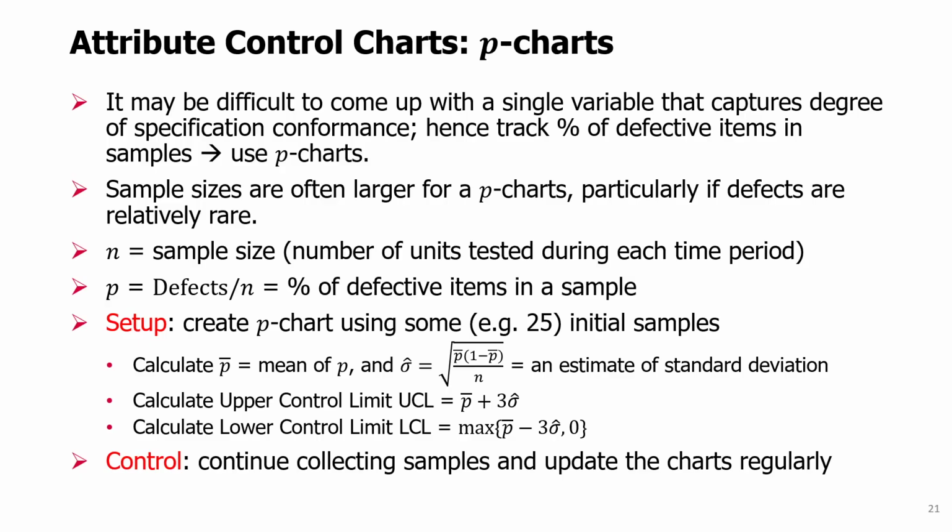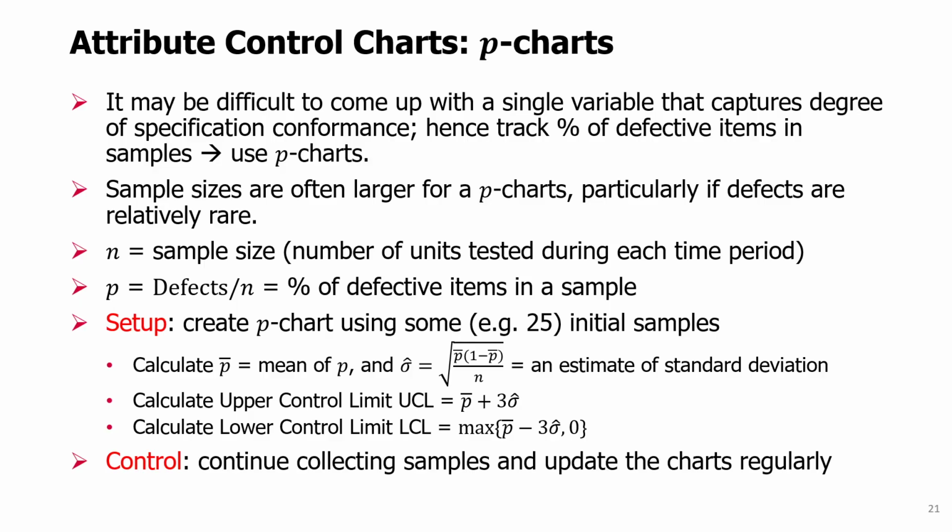Statistical process control, attribute control charts. In this video, we will create so-called P charts, and these are an example of attribute control charts. There are other attribute control charts in the literature as well, but we will focus on the P charts,